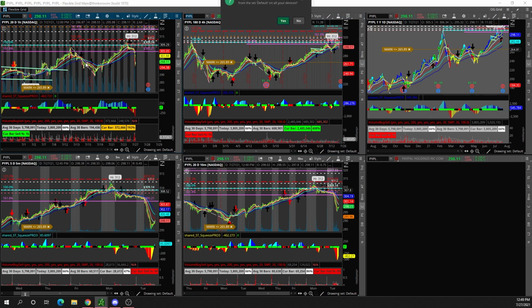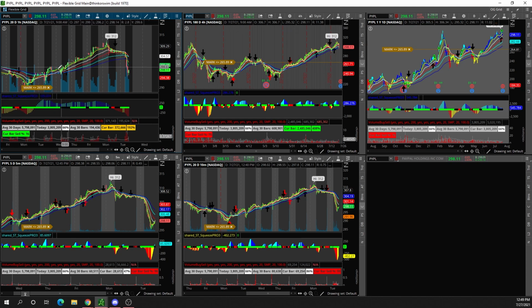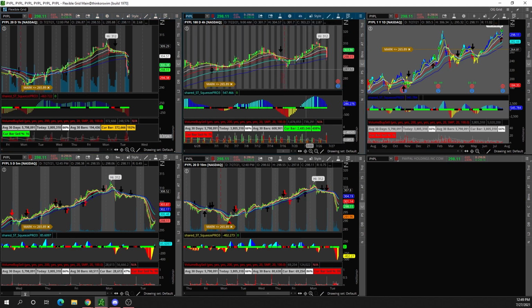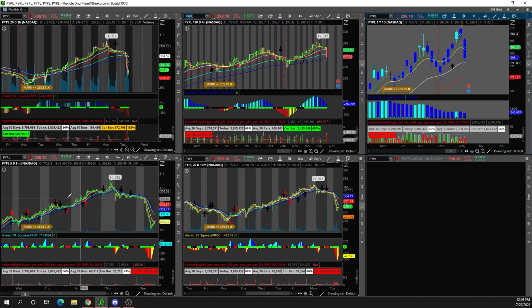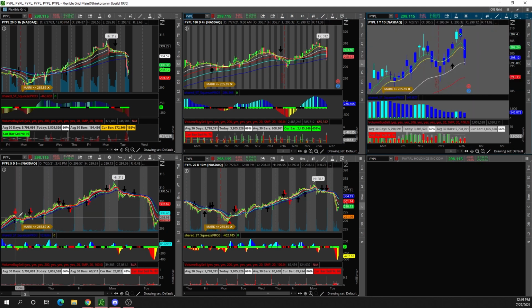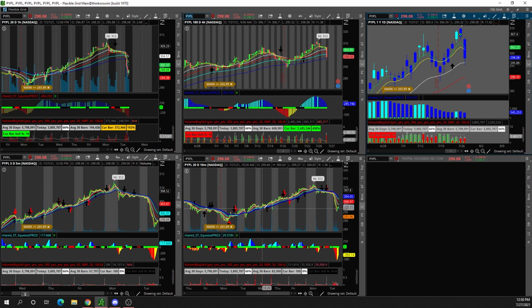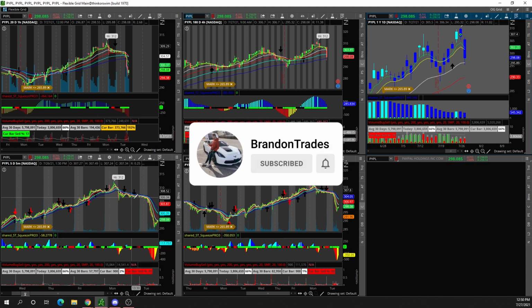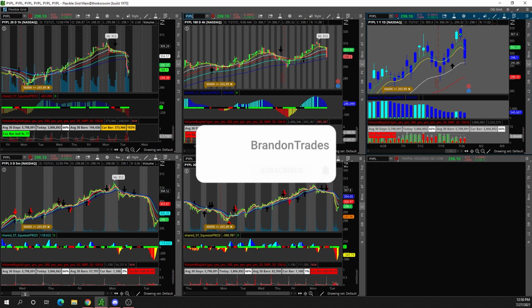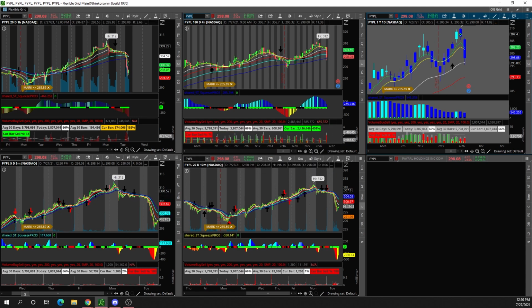So if we look at PayPal, we can see that the 1 hour was stacked over here, the 4 hour was stacked over here, and the daily was stacked over here. What did the 5 and the 10 minute do as well? They both ran up in price. So when all of these moving averages are stacked up, you want calls. When all of these moving averages start to stack down, that's when you want to look for puts. So now every single day when you come and do your analysis, you know if you should be looking for calls